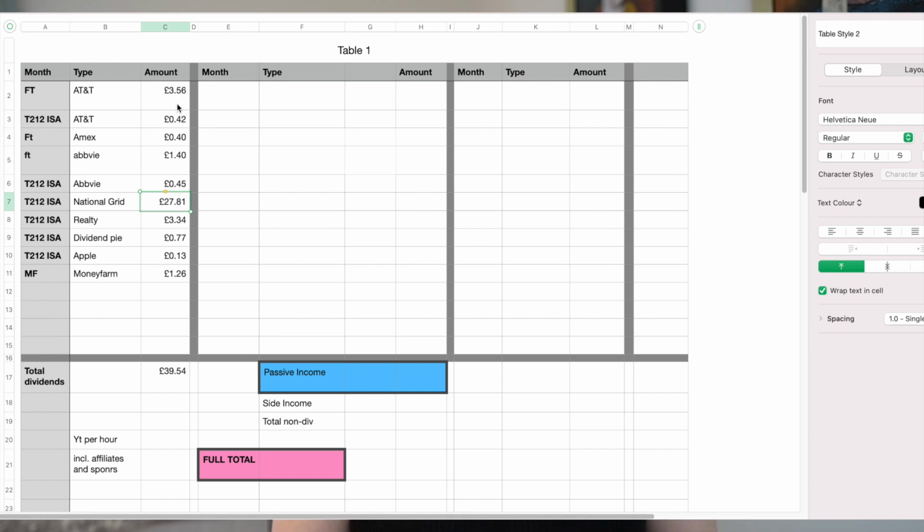Pretty much all the others are quite small, although AT&T, if we put together, it's $3.98 on that one, and Realty was $3.34. So if we start on the side income, as always, teaching was only £13.50 this month, and